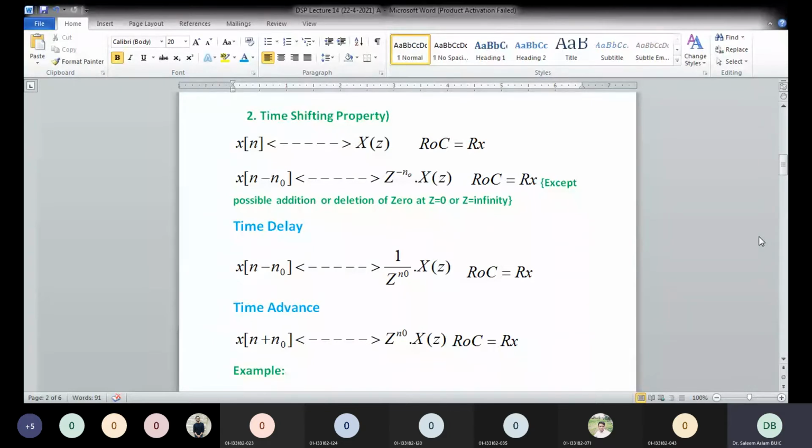हम ये कहते हैं कि जब आप टाइम में किसी चीज को डिले देंगे तो सिंपली आपका z to the power -n multiply हो जाएगा, और अगर आप एडवांस देते हैं तो z to the power positive n multiply हो जाएगा, और ROC आपका सेम रहेगा, ROC चेंज नहीं होगा। तो अगर हम इसको डिफाइन करें विद रिस्पेक्ट टू द स्टेबिलिटी इंडेक्स, तो वी कैन से टाइम शिफ्टिंग, टाइम डिले की वजह से आपके सिस्टम की स्टेबिलिटी पे कोई फर्क नहीं पड़ता, वो सिस्टम स्टेबल रहता है।